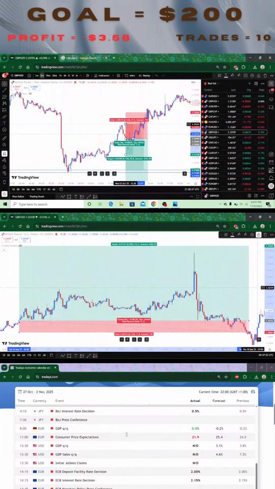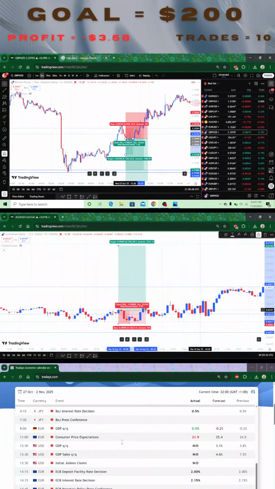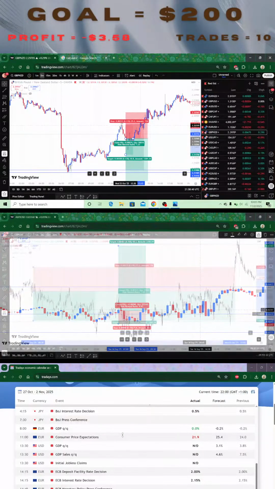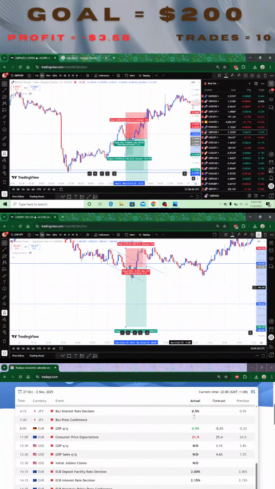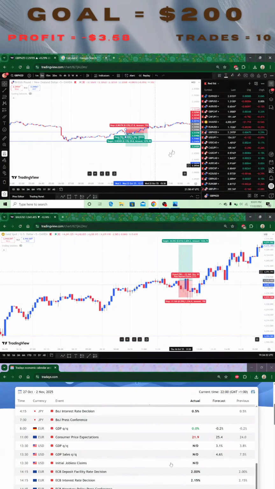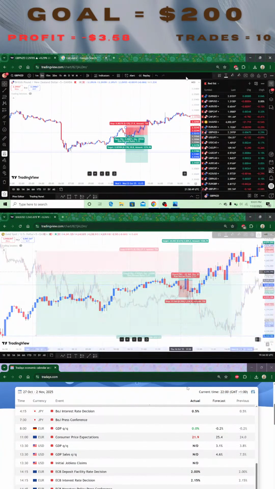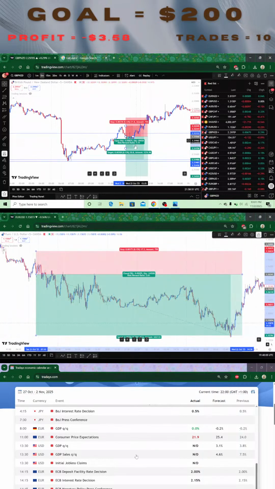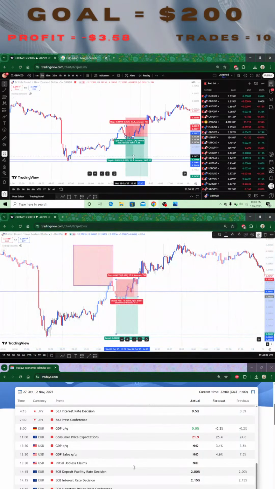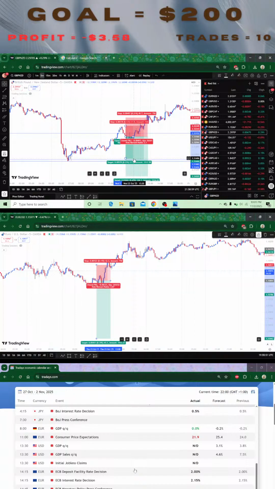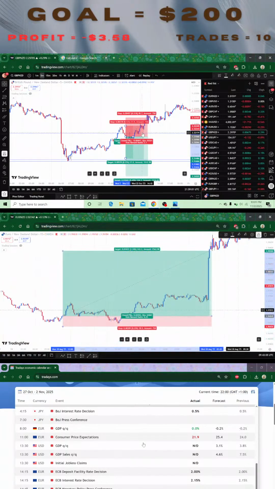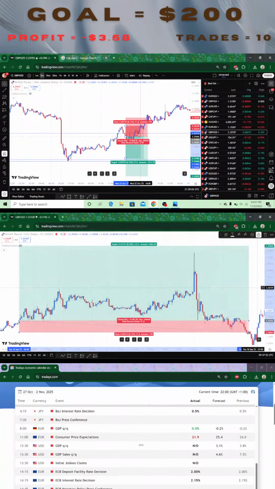So the stop loss is going to be somewhere here, and take profit is supposed to be one is to two. Yes, this is one is to two. So the fact that it is one is to two doesn't change the fact that it's